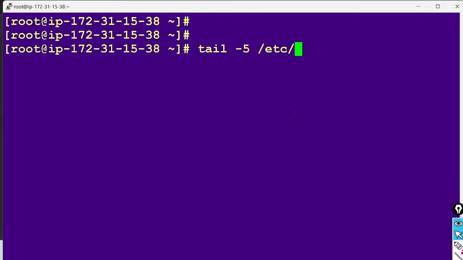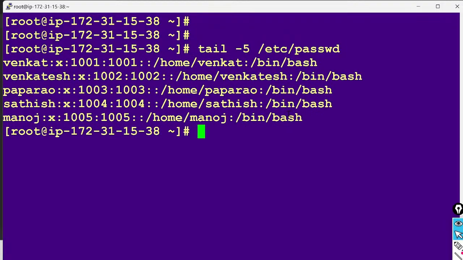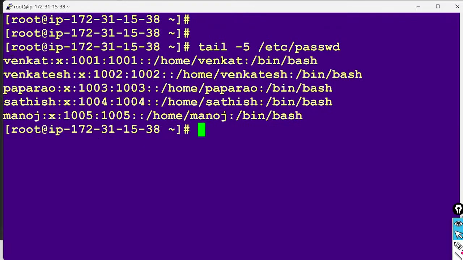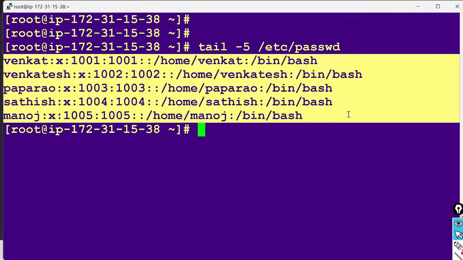Simple: the last five lines will be displayed on the screen. That is the shortcut. Sir, can I display two lines? Yes, you can: tail -2 /etc/passwd, press enter.